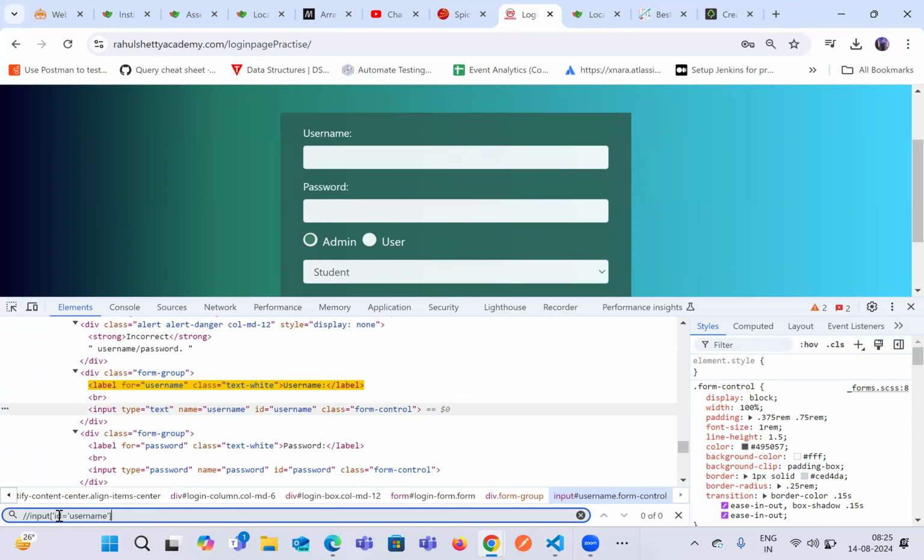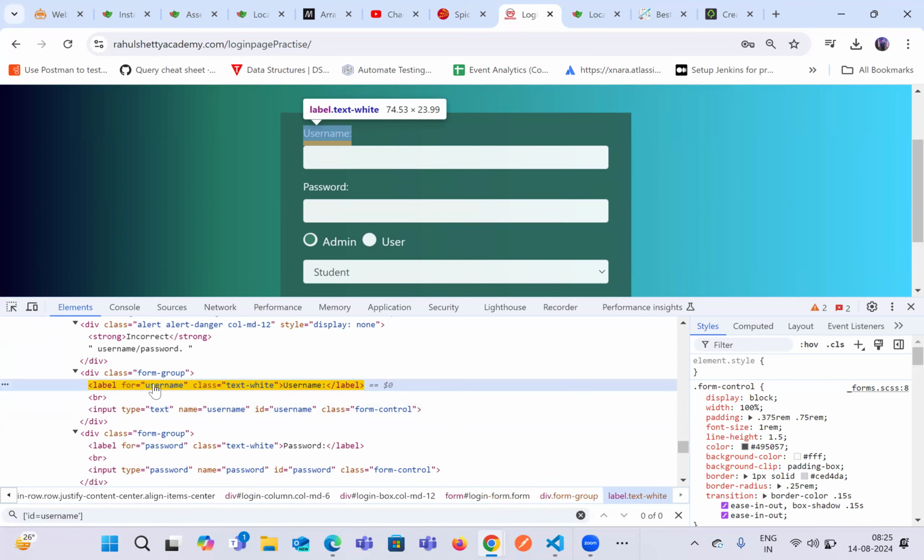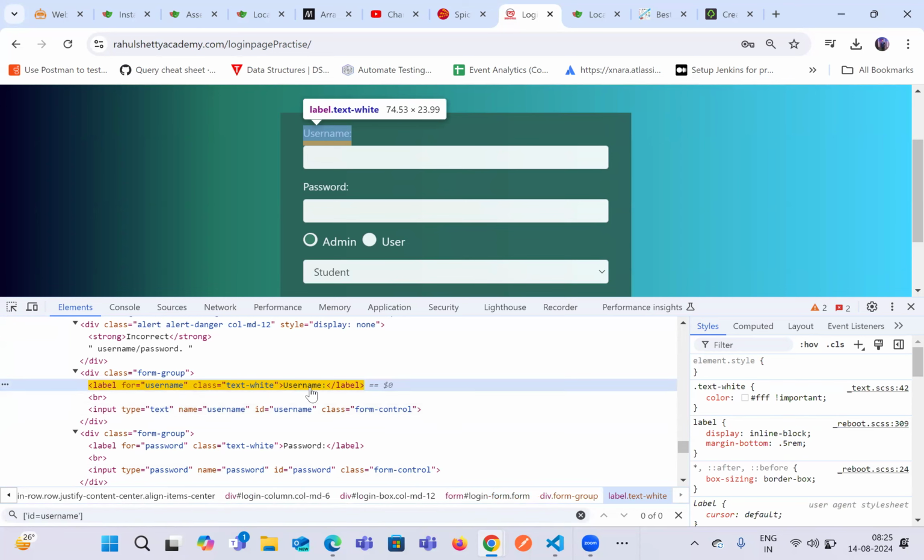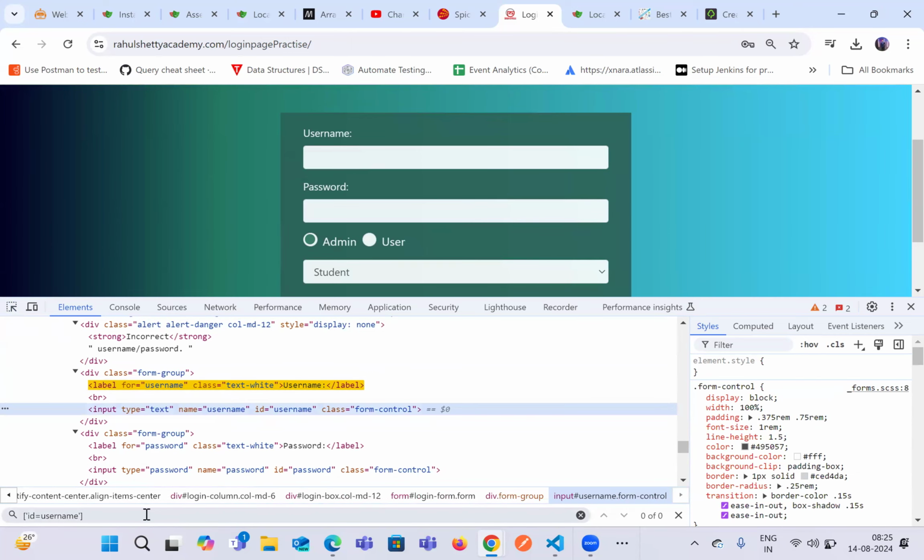We can directly utilize a property or locator in Playwright, which is id equals to username. If you give it this way, you can see it is still able to match one property over here with this particular value. Our goal is to validate this. But if it is not matching any value in the application,